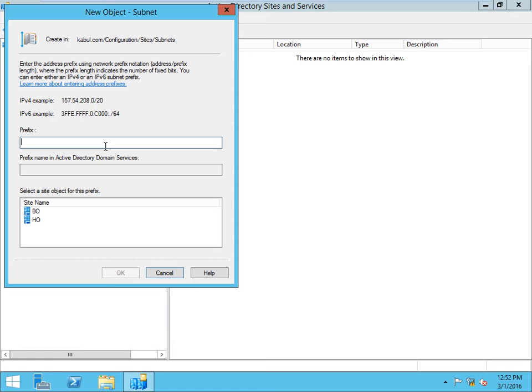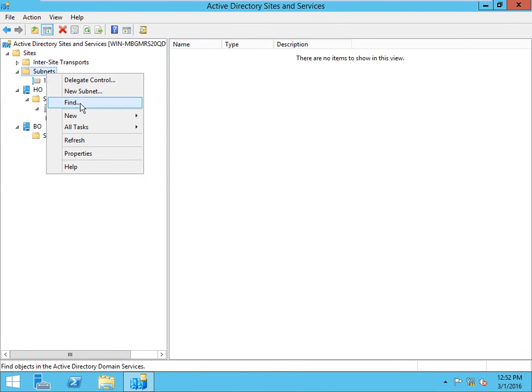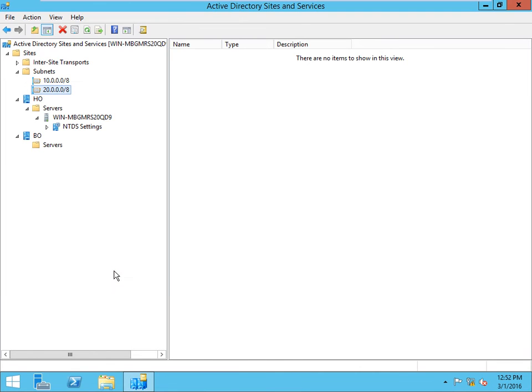Here we have, suppose, 10.0.0.0 network for head office, and new subnet 20.0.0.0/8 for branch office.